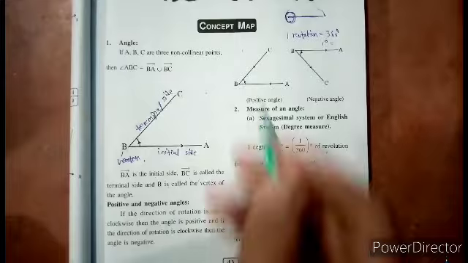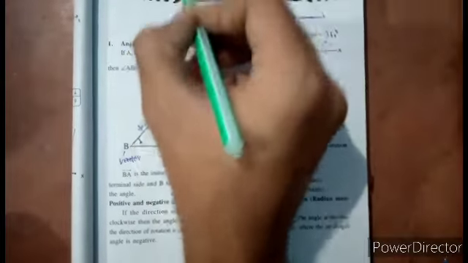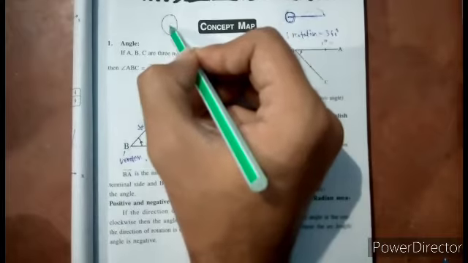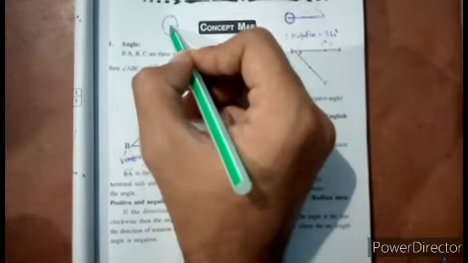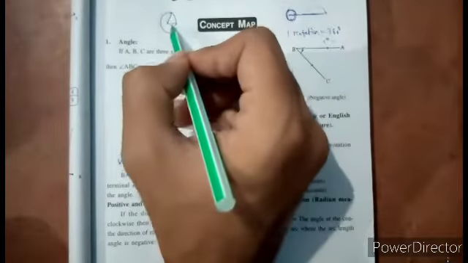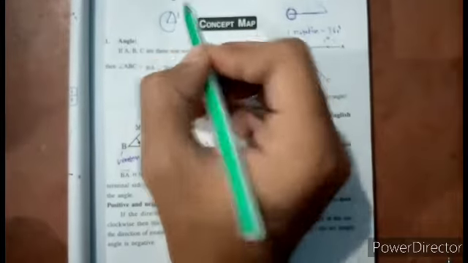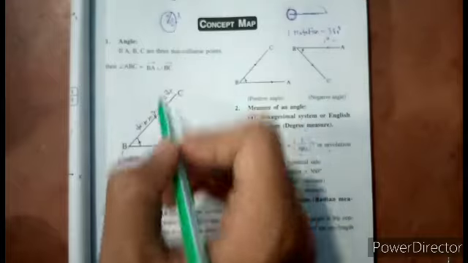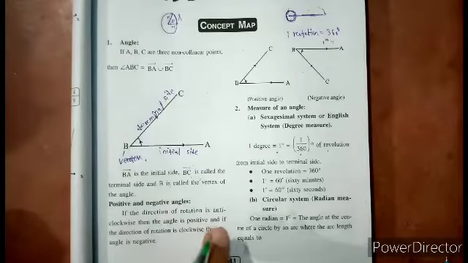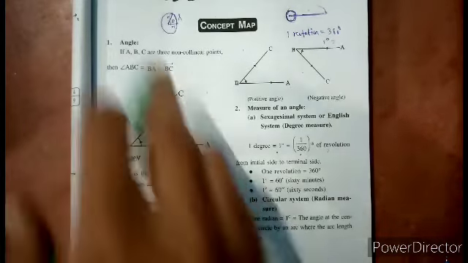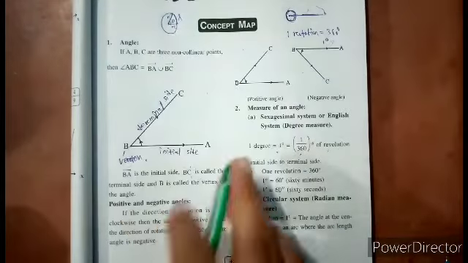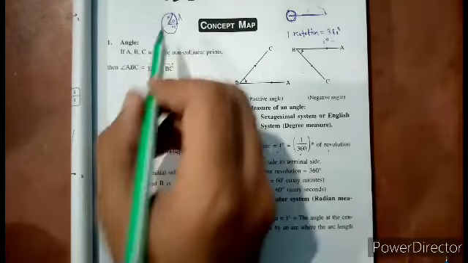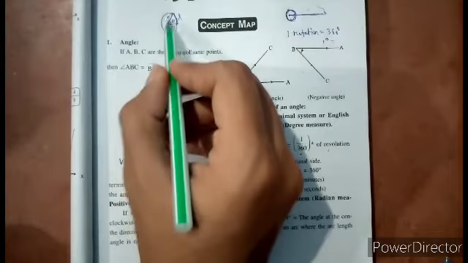If we consider this is a circle, this is a radius and this is another radius, and this is L, the arc, and this is the angle. So what is a radian? 1 radian is the angle at the center of a circle made by an arc. This is the center, and the angle made by this arc at the center is measured in radians.